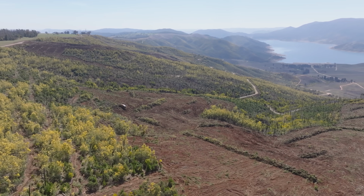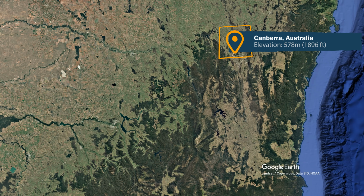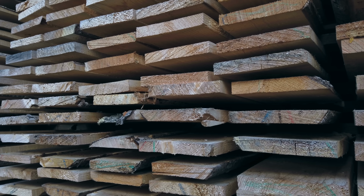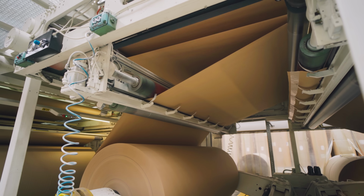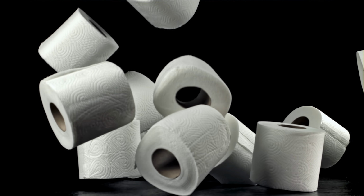Welcome to the Snowy Mountains outside of Canberra, Australia's capital city. As Australia's highest point, this mountain range is home to Australia's forestry industry, which produces the valuable paper, lumber, and other products Australians use daily to live such comfortable lives. No trees, no toilet paper. And no toilet paper,